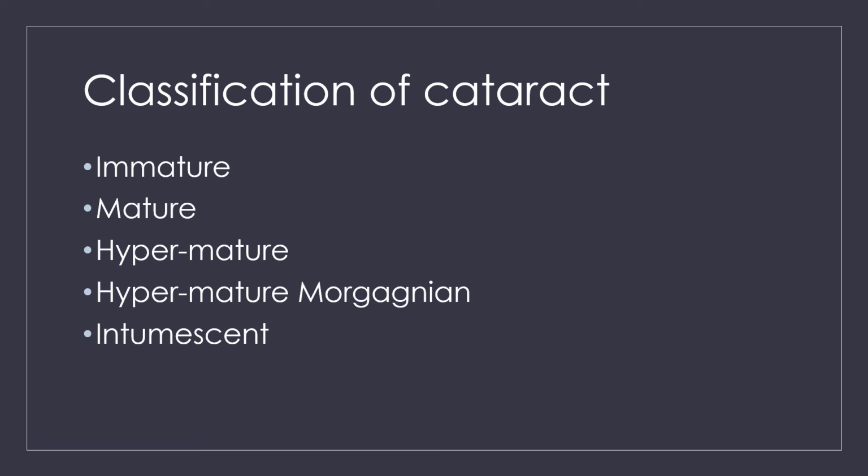So the lens shrinks in size, and if we see from the anterior side on the slit lamp, the anterior chamber is deep and the capsule has wrinkles in it, and one can see the brownish nucleus, which has sunk into the inferior part of the lenticular capsule.